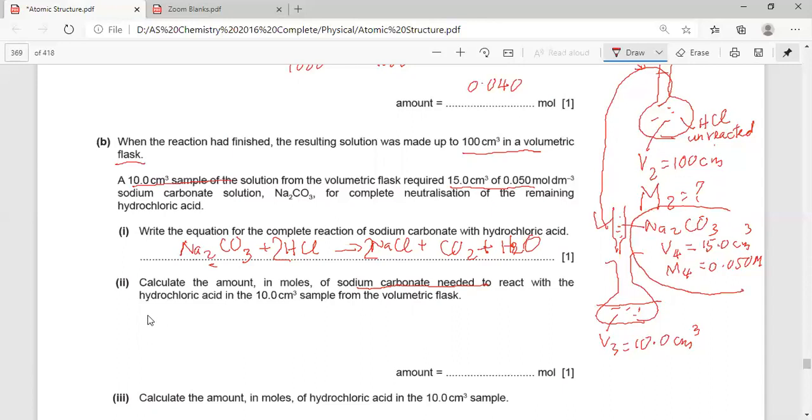Very simple. Again, number of moles equals MV over 1000. Always remember this: number of moles. Okay,